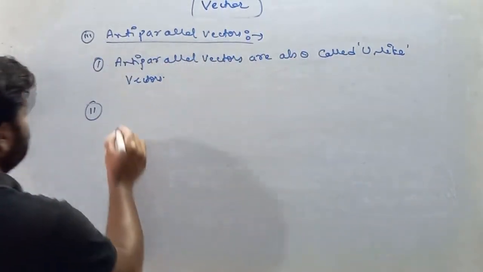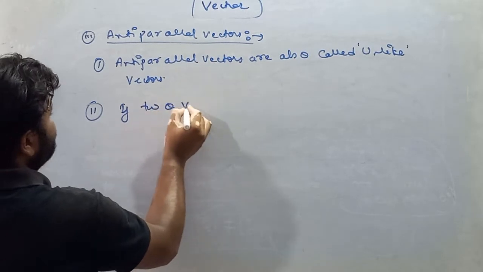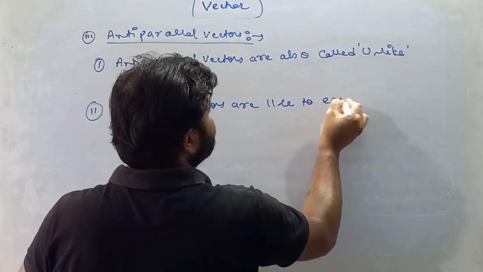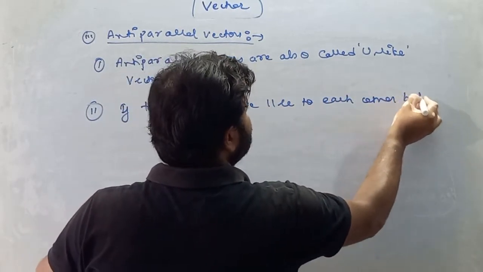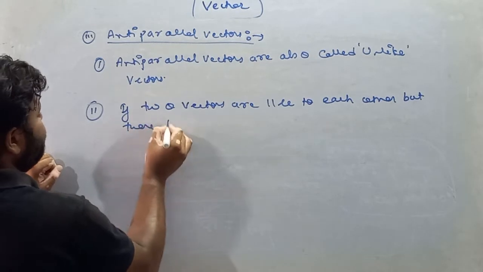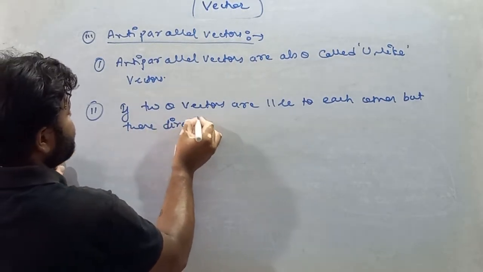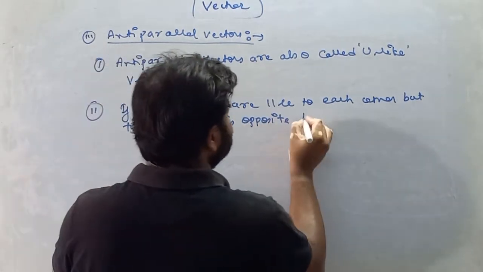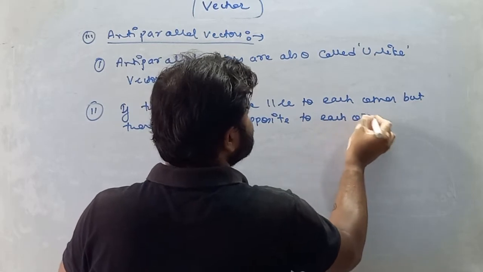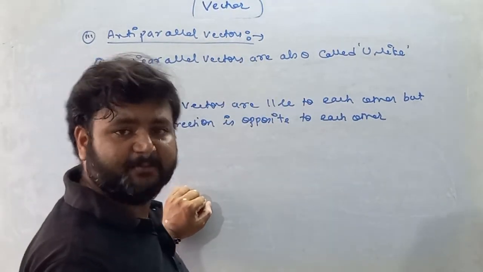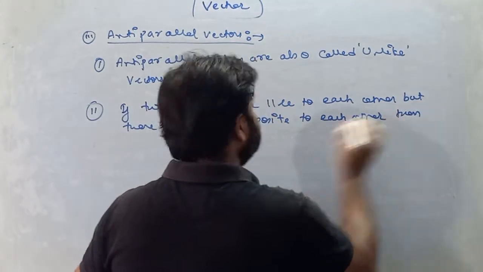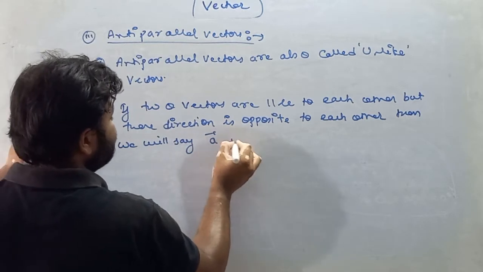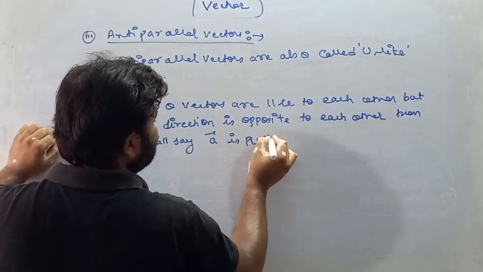So I'll write here, if two vectors are parallel to each other, but their direction is opposite to each other, then we will say a vector is anti-parallel